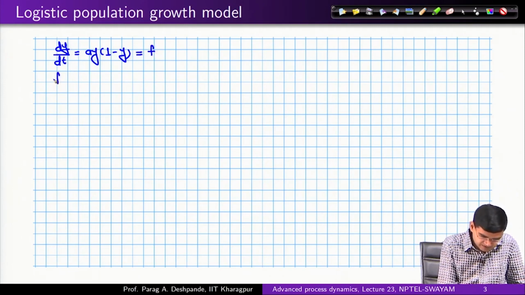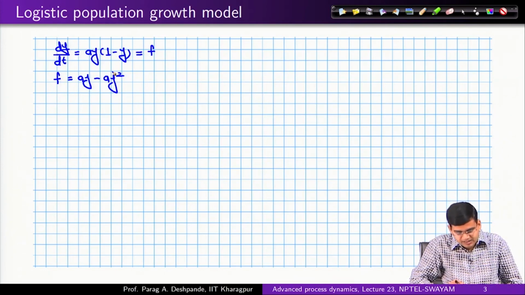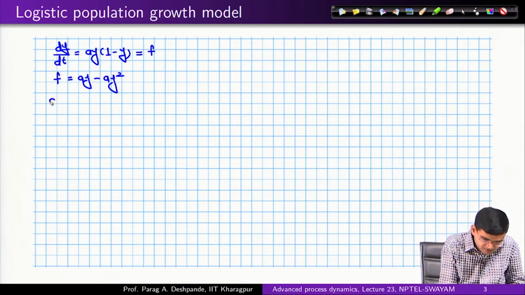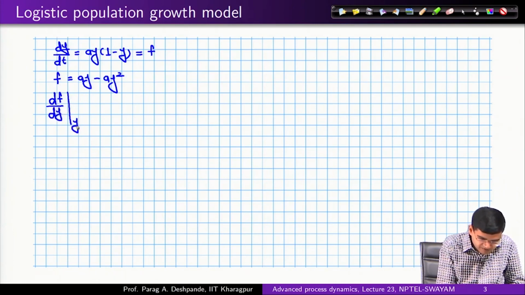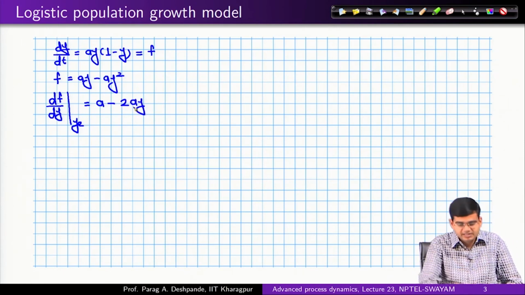So, what is f? f is a y minus a y squared. To determine whether the equilibrium solution is a stable solution or an unstable solution, what I will do is I will determine df by dy at y equilibrium. So, df by dy would be a minus 2 a y, and this has to be